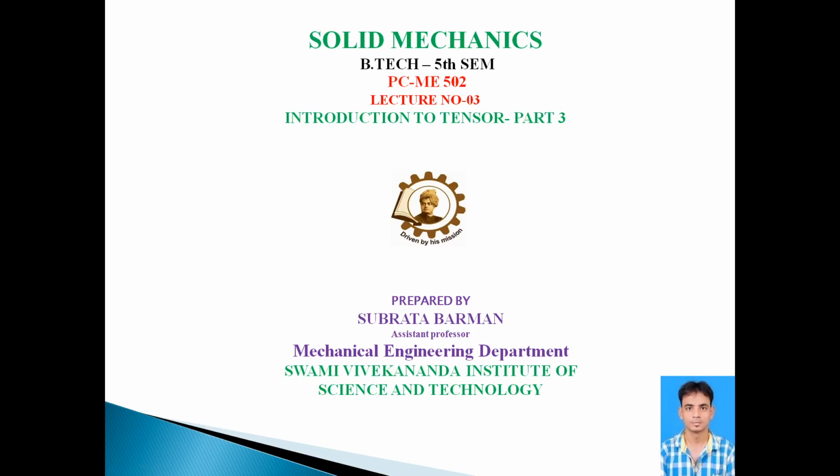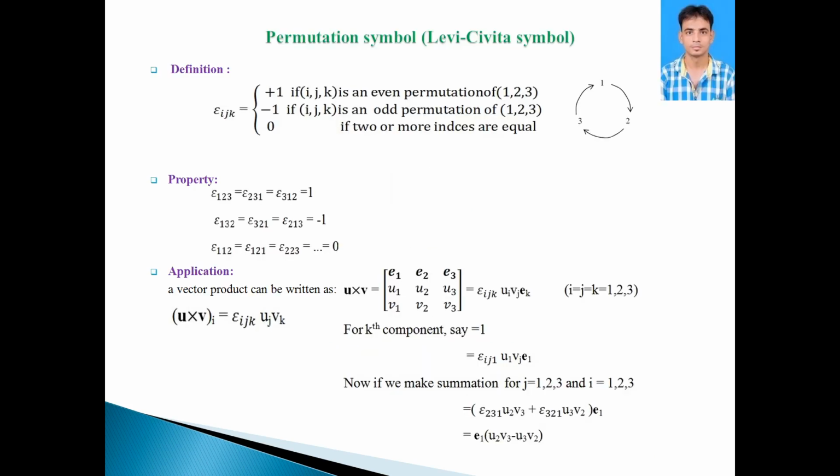So this is lecture number 3, Introduction to Tensor, part 3. In the previous lecture we defined the second order tensor and some initial notation like Kronecker delta. Now today we will start with another symbol, that is the permutation symbol,